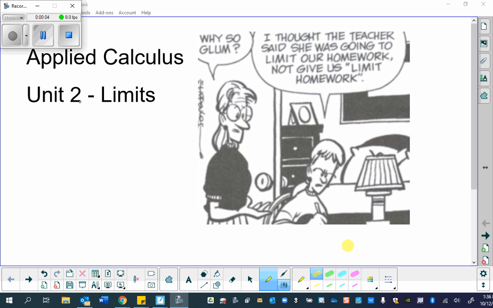Why so glum? I thought the teacher said she's going to limit our homework. Not give us limit homework. But